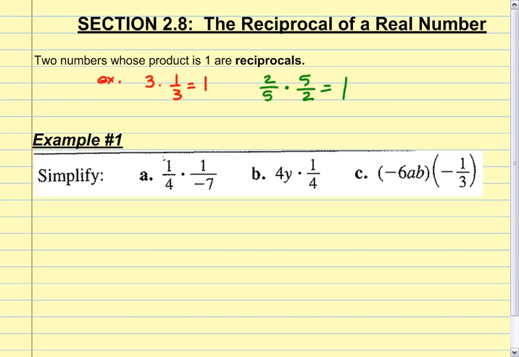Okay, folks, section 2.8, the reciprocal of a real number. I want to talk about something for a second. Is that all right, Kyle? Yeah. If I talk about something for a second? Before I get to this, because everyone wants to know,